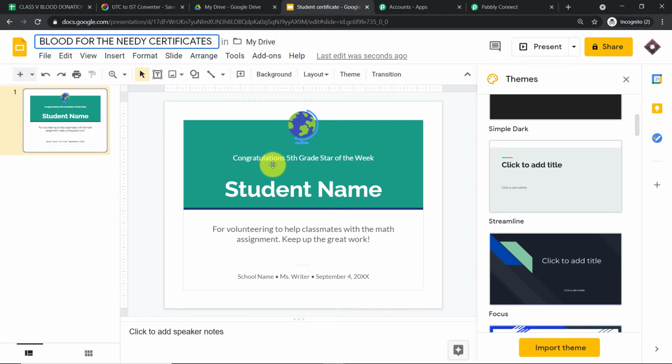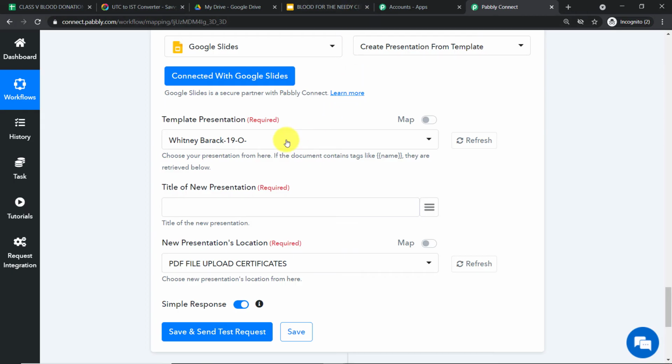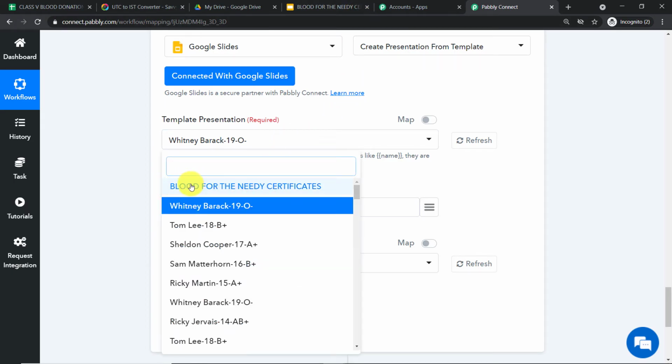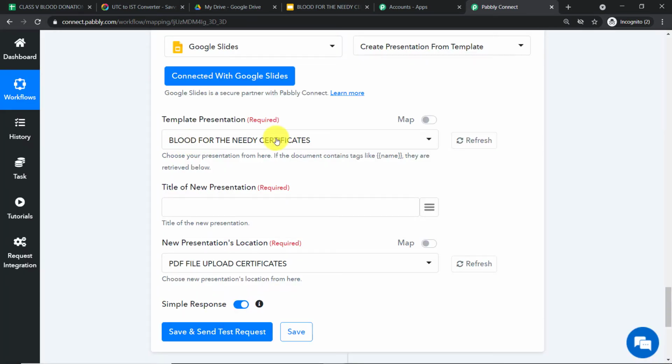Let me go to Pabbly Connect and refresh this. I can expect to find this newly created slide in the drop down. Yes, we have the one that is Blood for the Needy certificate. So we are going to work with this particular template, and from this template we are going to create certificates for my students.